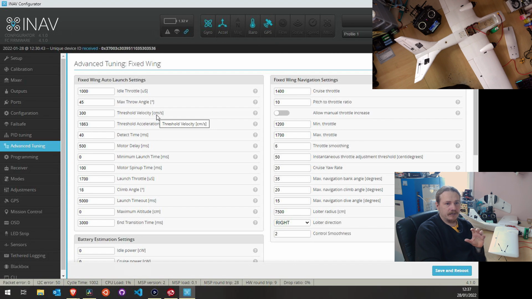Now, again, this is going to be very particular based on the type of plane that you're using. I have a reasonably old video on auto launch. I plan to update it at some point, but most of these settings are the same. You've got the end time, which is new, and all the end time does is how long it takes to